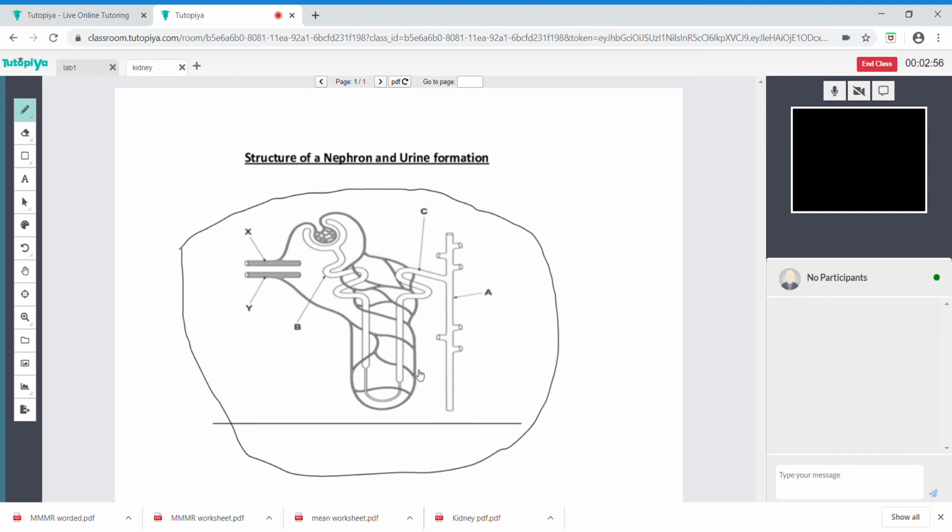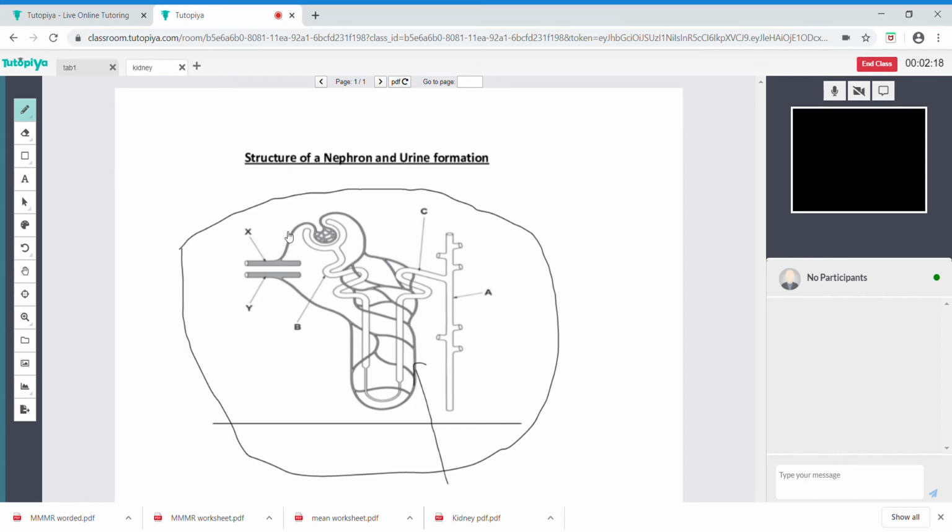If you look here, it is extensively surrounded by blood capillaries such that toxic substances move into the kidneys, and certain other substances which are needed by the body can be reabsorbed back into the blood. For continuous movement of molecules and ions from the blood to the kidney and from the kidney to the blood, we need to constantly have a supply of blood surrounding the nephron.